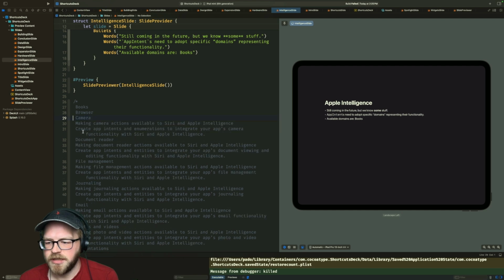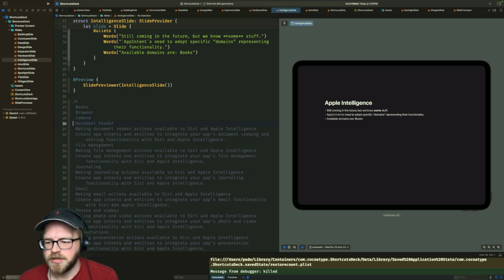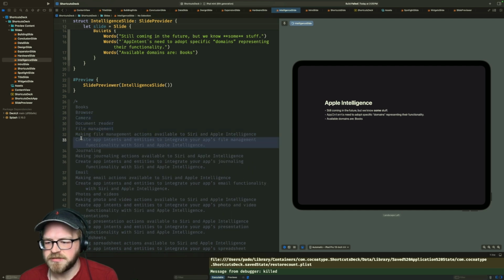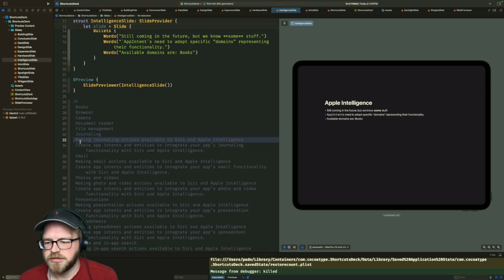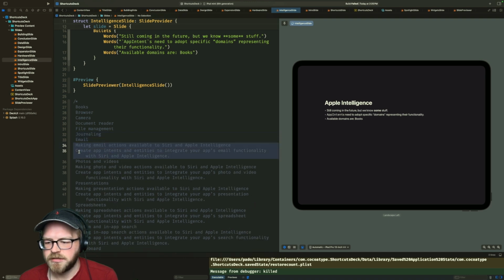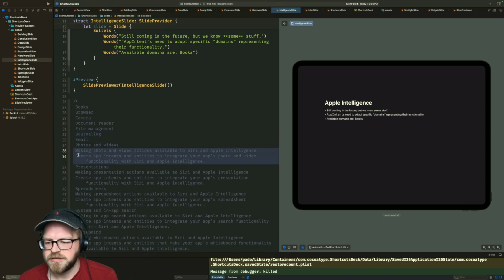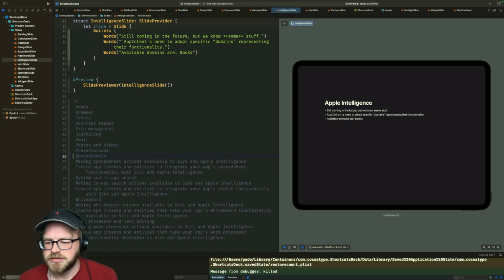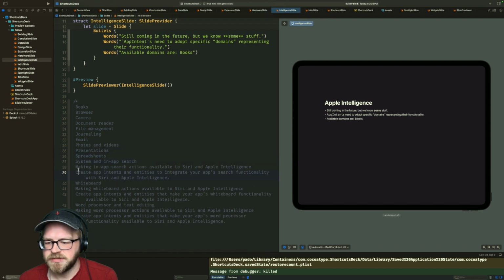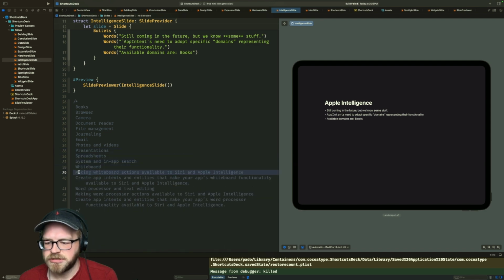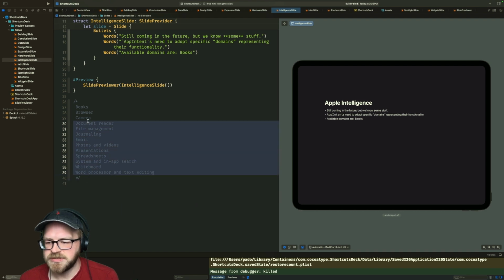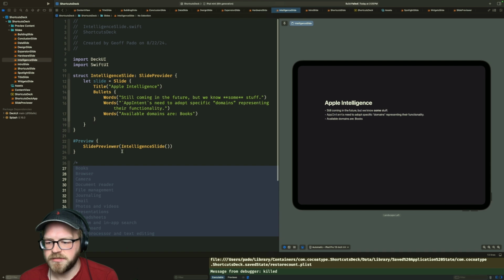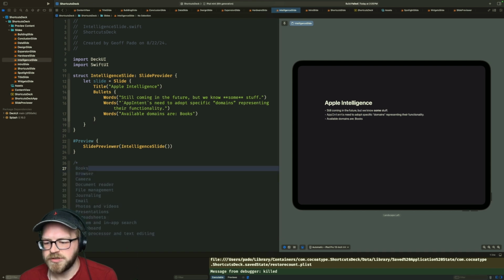Browser. Camera. Document reader. File management. Journaling. Email. Photos and videos. Presentations. Spreadsheets. System and app search. Whiteboards. Word processors. I'm going to clean some of these words up, but that is basically what I'm looking for.